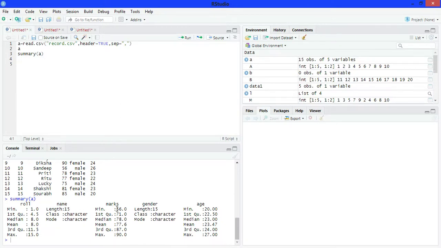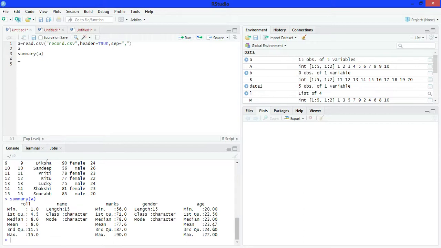Minimum marks is 56, maximum marks is 90, median is 78, mean is 77.6. Same for gender, which has 15 rows. Age: minimum age is 20, maximum age is 27, median is this, mean is this, and so on.